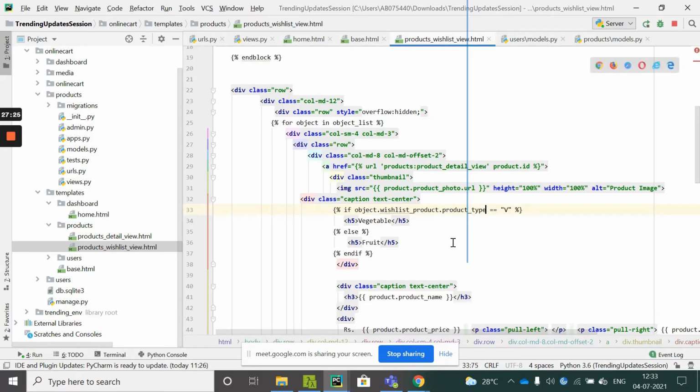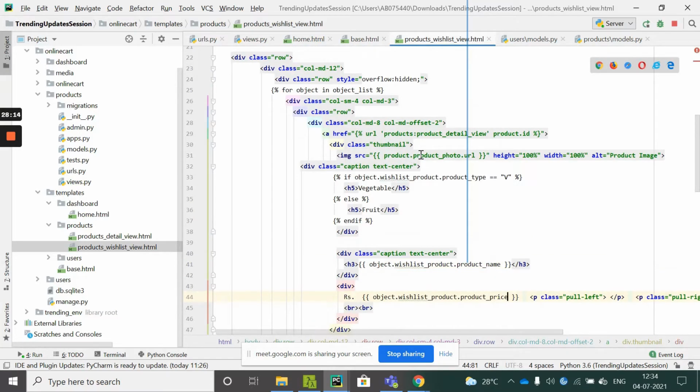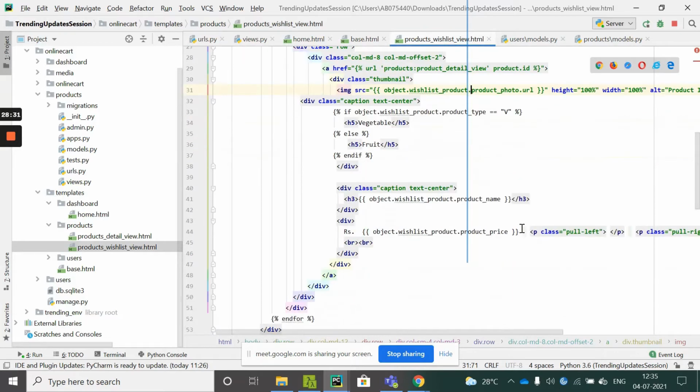Okay, so this one thing I have changed. Then let's say product name we want to display, so you can simply add object dot wishlist product and then product name. Let me change these details and show you how our UI will look now. Hope my UI will work fine accordingly.